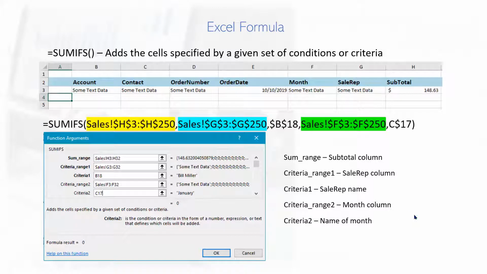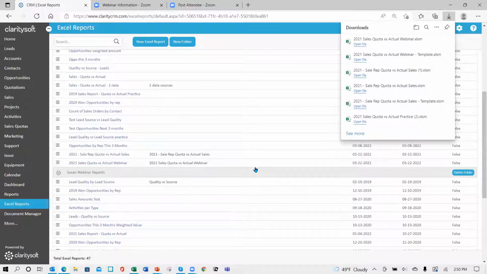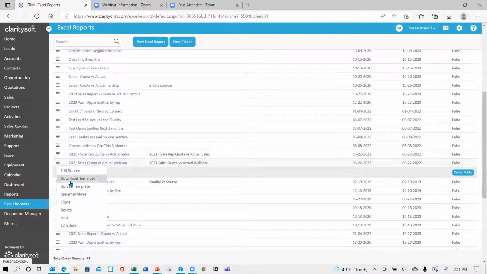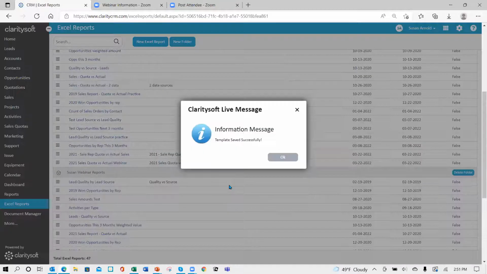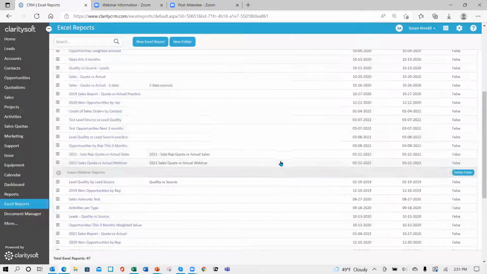And then I go back to my ClaritySoft and I need to download or upload the template. I downloaded it, I modified it, and now I need to upload it. So I come over here and I click upload template. I find the template and click on it and then open it. It'll say it saved successfully. I am now done. So now when I run my report,